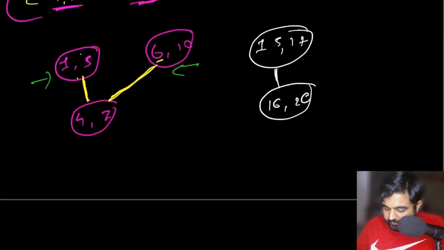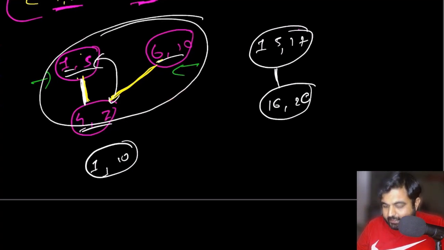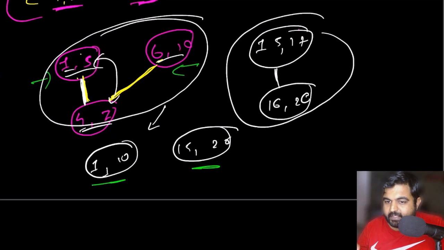So in this case, between 1 to 5 and 4 to 7, we can clearly make a new node, 1 to 7, because we are taking the smaller value of the starting points and the greater value of the ending points. Again, between this 1 to 7 and 6 to 10, we again take the smaller and larger value. So the answer is going to be 1 to 10. So from these three connected components, we can make a merged node that is 1 to 10. And from these two connected components, we can make another merged node that is 15 to 20. And these two are what we need to return as the non-overlapping intervals.